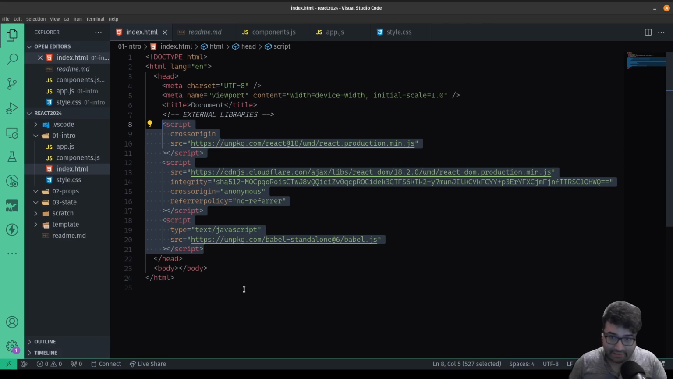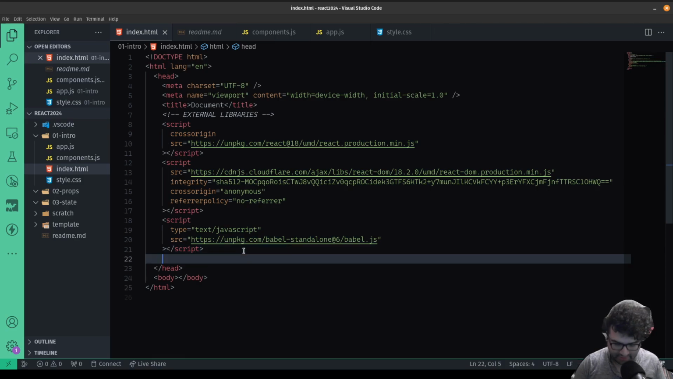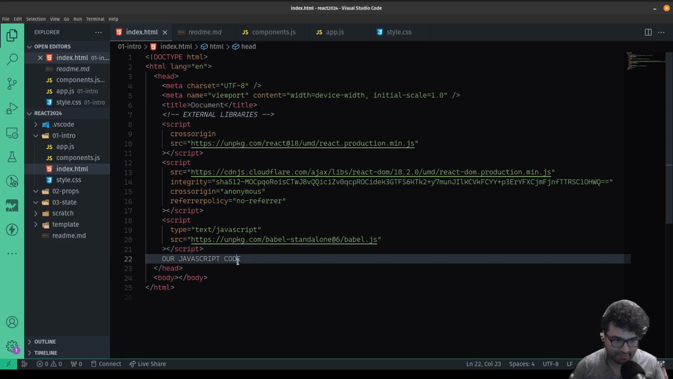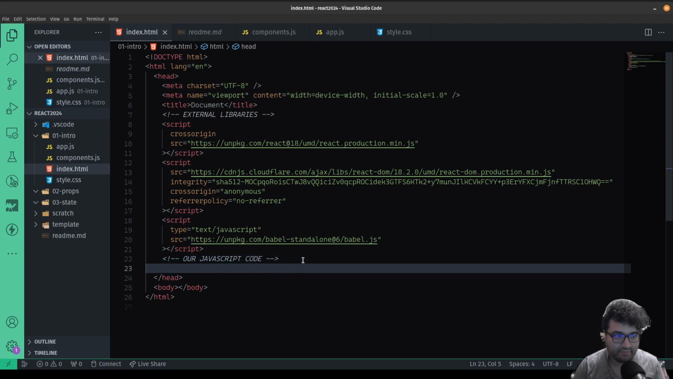Now what we need is to connect our JavaScript code. So let me just comment that out, and we're going to connect our two files. First we'll connect the components file on top, because you want all your components understood before you use them. So we're going to want a script